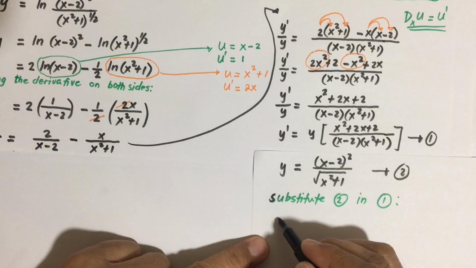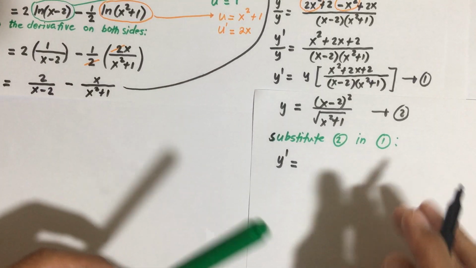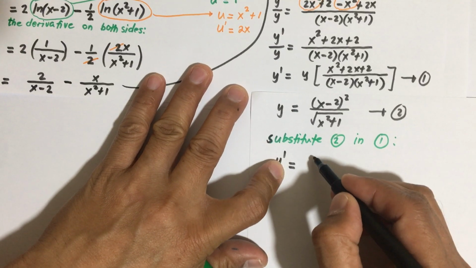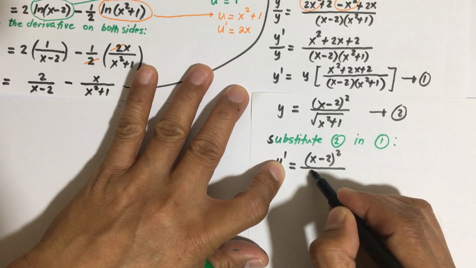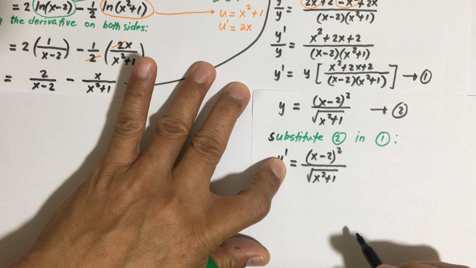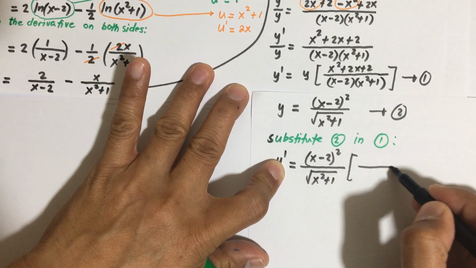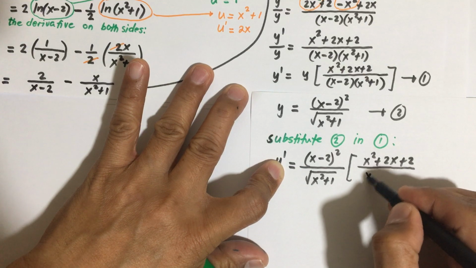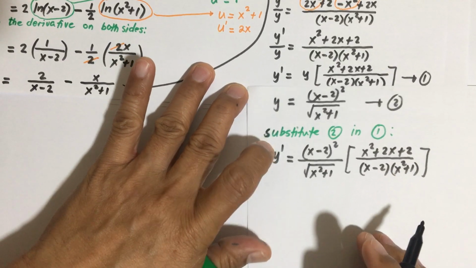Alright, so substituting, we have y prime equal to, instead of y, our given x minus 2 squared divided by the square root of x squared plus 1, then you multiply this by x squared plus 2x plus 2 divided by x minus 2 times x squared plus 1. Okay,